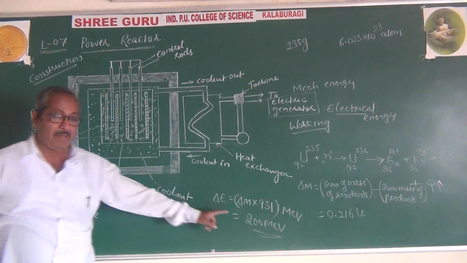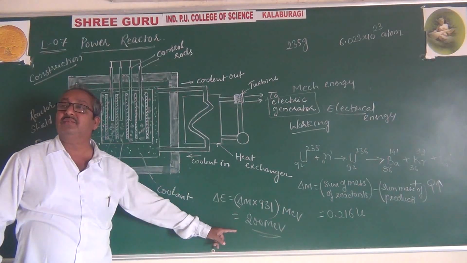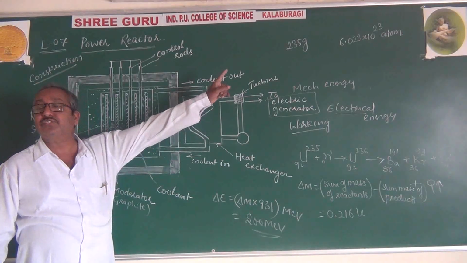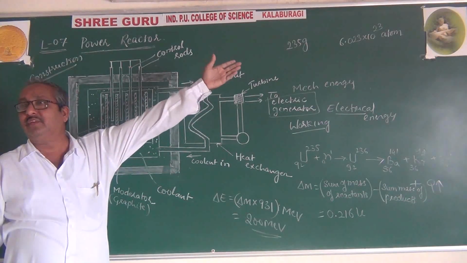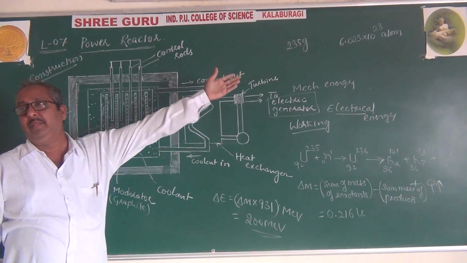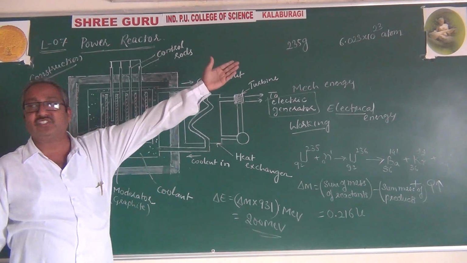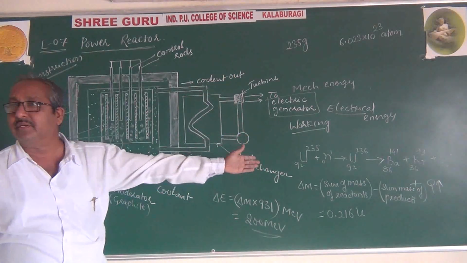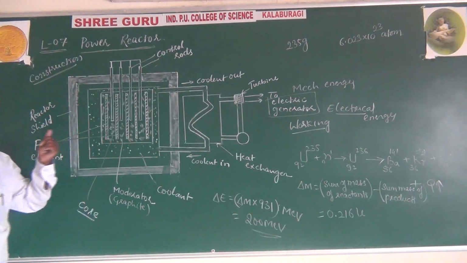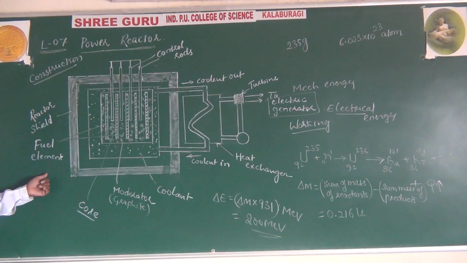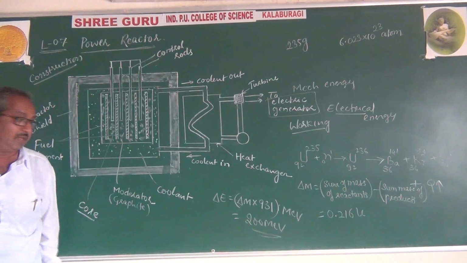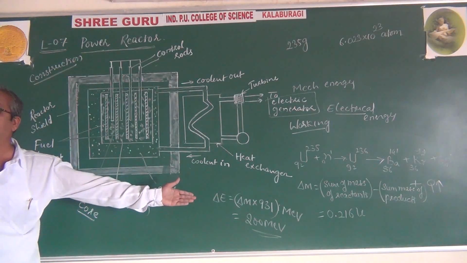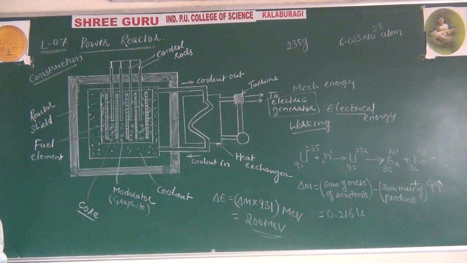ಅಷ್ಟು atoms multiply ಮಾಡಿದ್ರೆ ಇಷ್ಟು multiply करो, total energy you will get in terms of mega electron volt, if the substance is 235 grams. 1 kg already you have to convert into 1 kg. Convert ಮಾಡಿ 1 kg ನಲ್ಲಿ ಎಷ್ಟಿತ್ತು? 235 grams ಅಷ್ಟು atoms ಇರ್ತಾವ. 1 kg 1000 grams ಗೆ ಎಷ್ಟಿರ್ತಾವ ಅಂತ. Then again you have to convert it. ಅದಕ್ಕ what amount of mass you are going to use as a fuel element in the nuclear reactor.